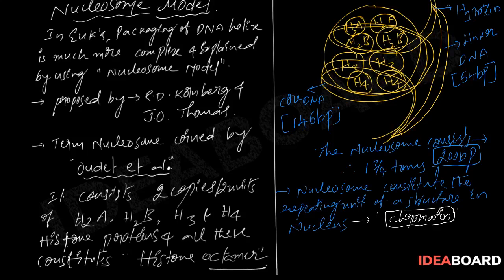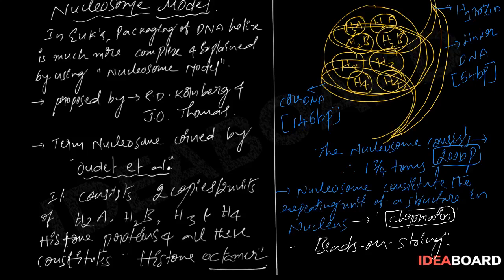The word chroma means color. The nucleosomes in the chromatin are seen as beads on a string when viewed under an electron microscope. This beads on a string structure in chromatin is packed to form chromatin fibers that are further coiled and condensed at the metaphase stage of cell division to form chromosomes.